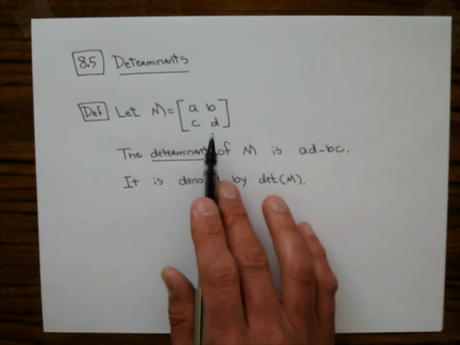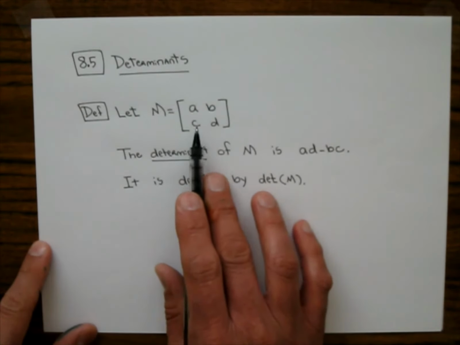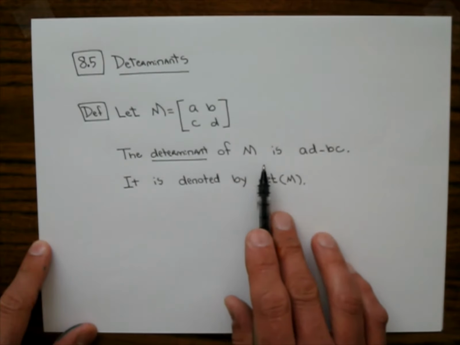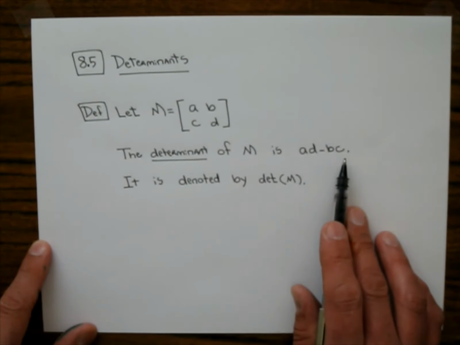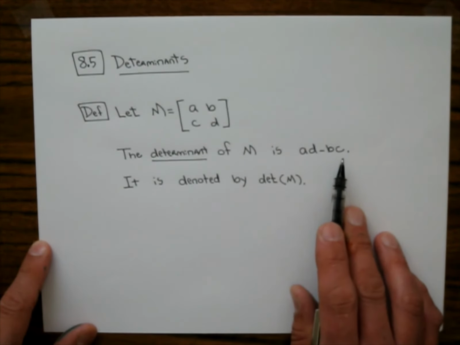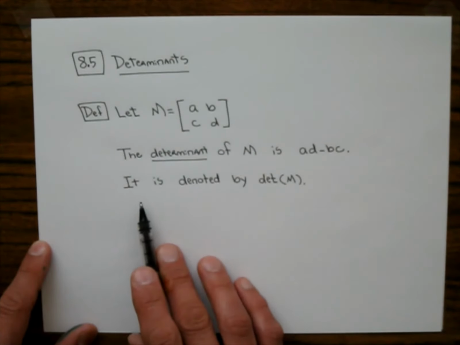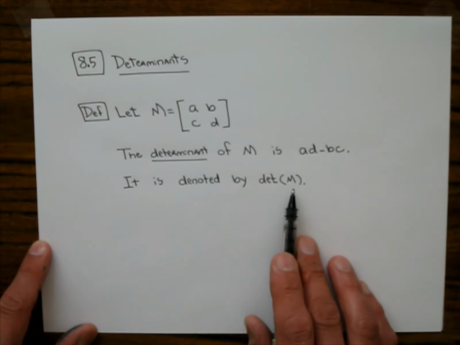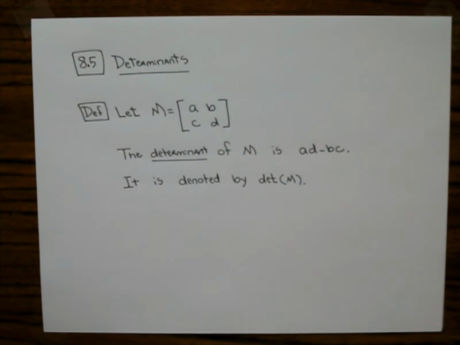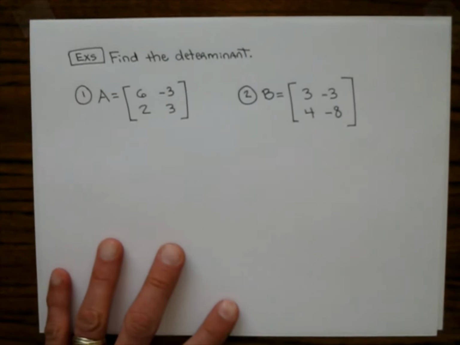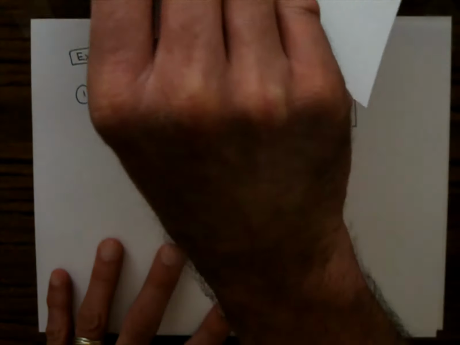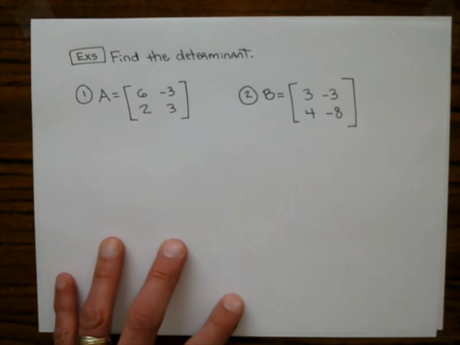Let M be this 2 by 2 matrix. The determinant of M is AD minus BC. So the determinant is going to be just some number. It is denoted by det M. So let's go ahead and find the determinant. What does it mean? We'll actually do some applications at the end. We're just going to figure out